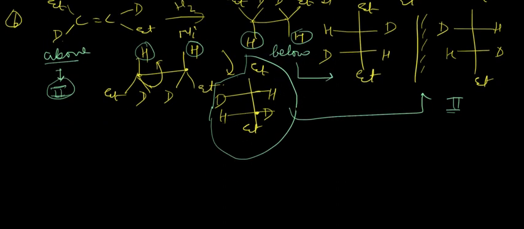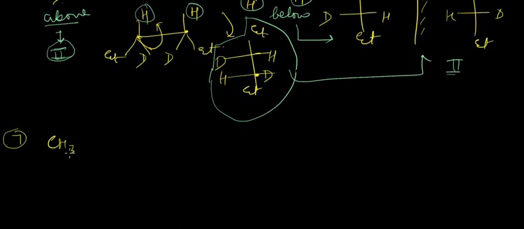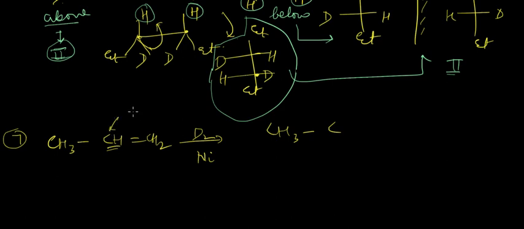Okay, let us talk about another example. Here we have D2Ni. So what would happen is, they can either attach themselves below the plane or above the plane. Okay, so if you look at this compound, at this carbon atom, only this carbon atom would be chiral. This will not be chiral because it already has two hydrogen atoms on it. So it would be something like